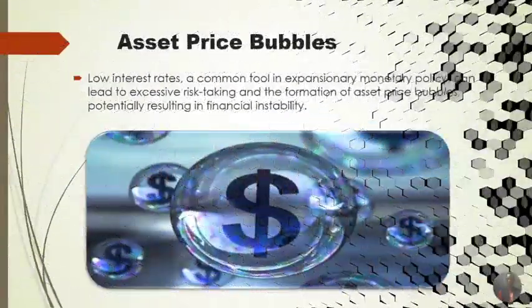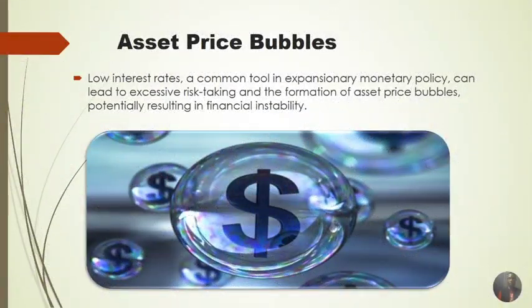Then we have asset price bubbles. This did happen in the United States in the early 2000s, whereby there were asset bubbles because they kept interest rates low for far too long. Low interest rates are a common tool in expansionary monetary policy, which aims to increase aggregate demand, but can lead to excessive risk taking and the formation of asset price bubbles, potentially resulting in financial instability,